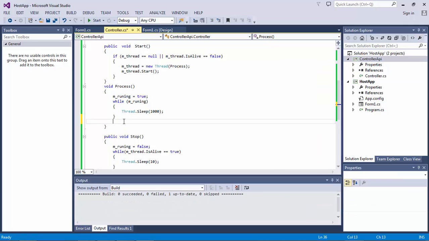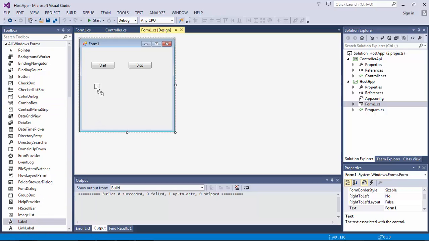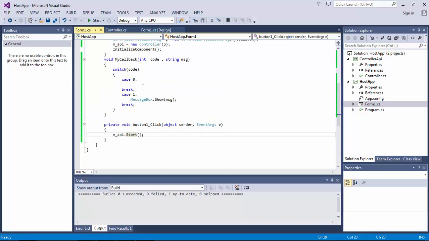Now, when the thread exits, it's a good time to send a callback, stopped, and we can put a label here. This will be our status, and we can say that instead of message box, we can say label one.text